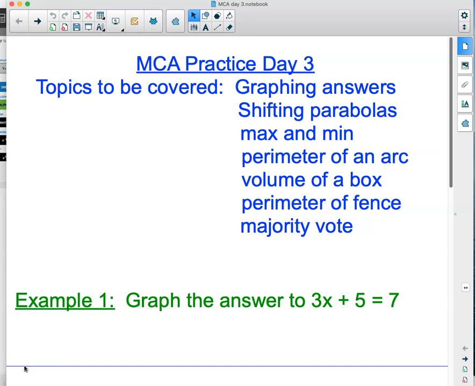Then these. This is stuff you haven't seen for a while, because this is the G word, geometry. Perimeter of an arc. You maybe spent, well, gosh, last spring, you might not have even seen this. So, very good thing that we're going to cover that, because it's possible that that was maybe cut in the spring as one of the things that's like, well, we're supposed to just show you the bare minimum, and you maybe didn't even see that. Volume of a box you've seen before, perimeter of a fence you've seen before,